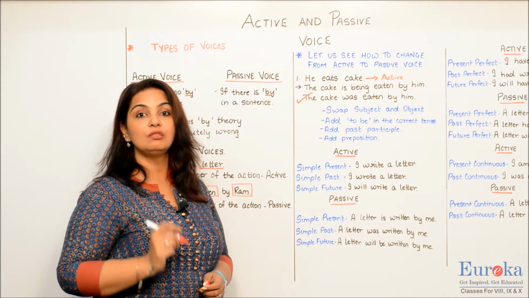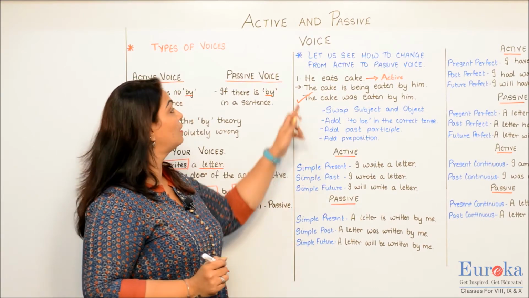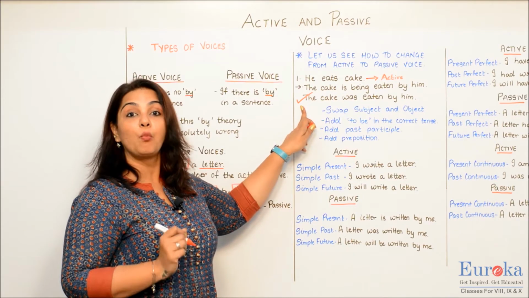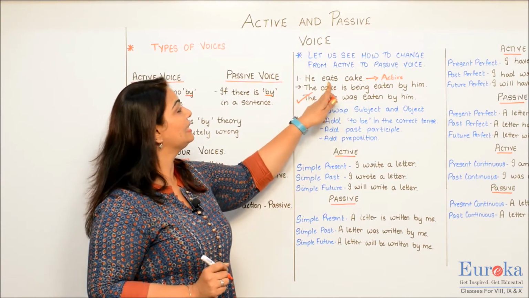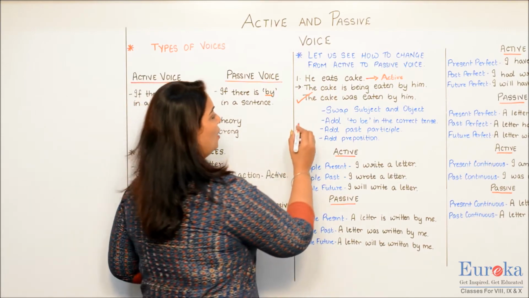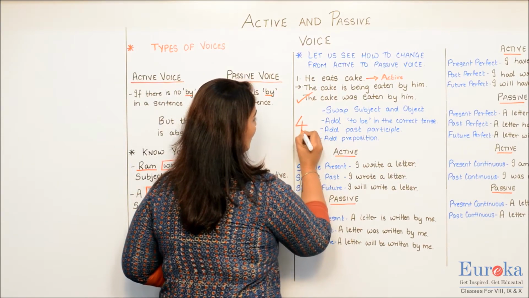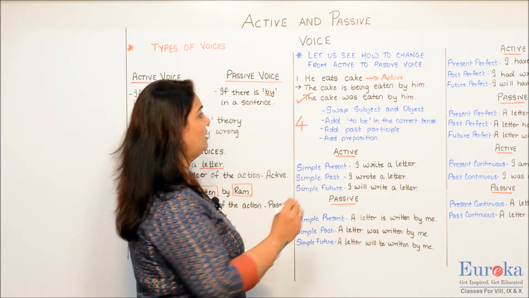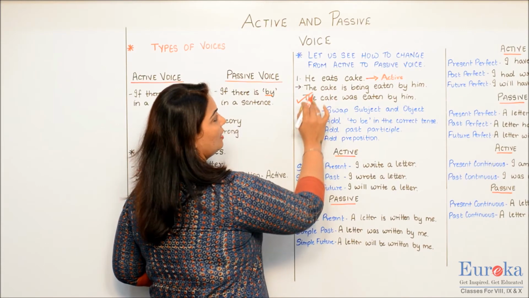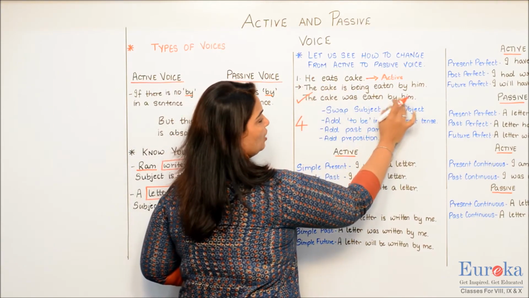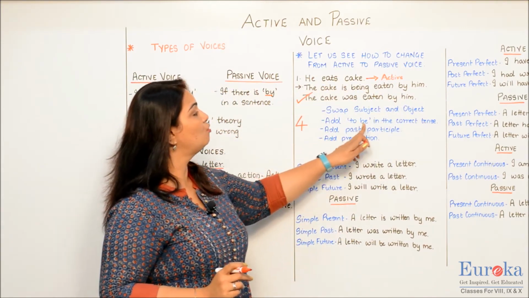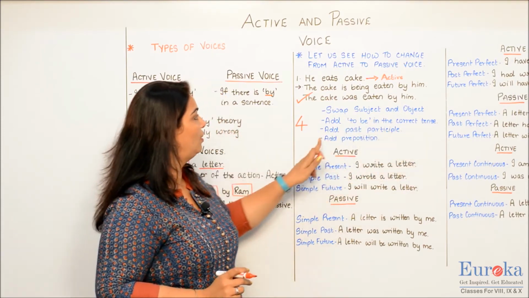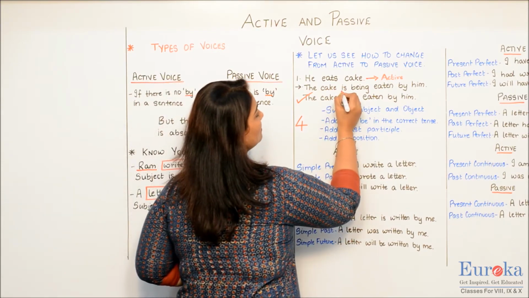So let's see what are the rules that are applicable to convert an active sentence into a passive sentence with the help of the tenses. So look at this. We have 4 points over here. 1. We swap the subject and the object. That means the cake comes to the subject and he goes to the object. We add the to be in the correct form. The to be means the helping verb. So over here, the to be form is,